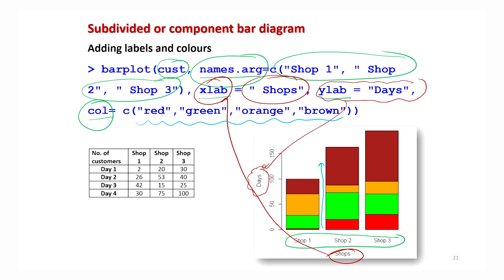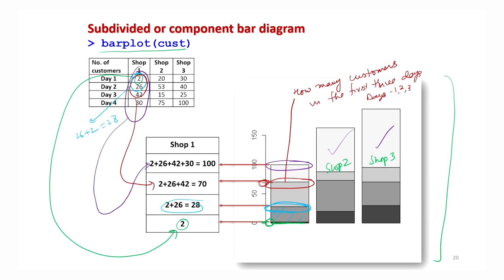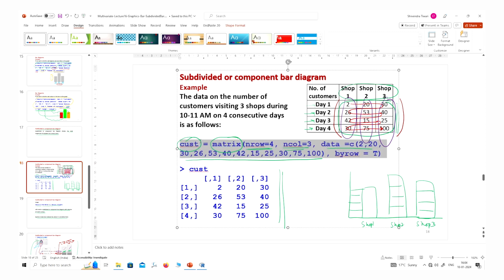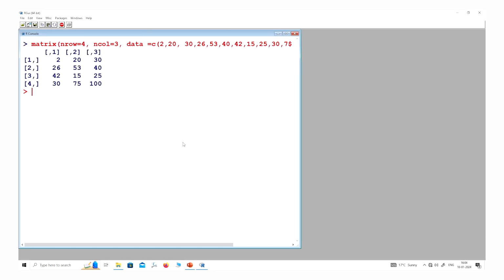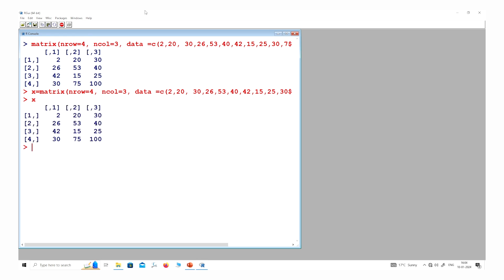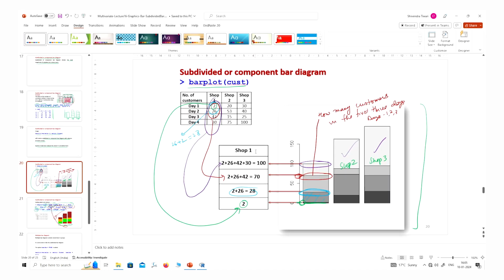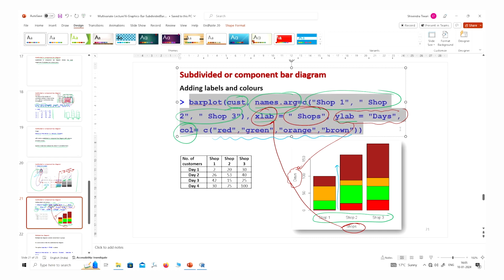So now you can create and you can insert more information also such that they look more beautiful, more informative, right? So let me try to show you this example on the R software so that you get confident. Here I have created the matrix. This is the name of the matrix, X. Now if I try barplot X, you can see this is how it looks. And if you want to create a beautiful graphic just by giving different types of options, I can do what I have shown you here.